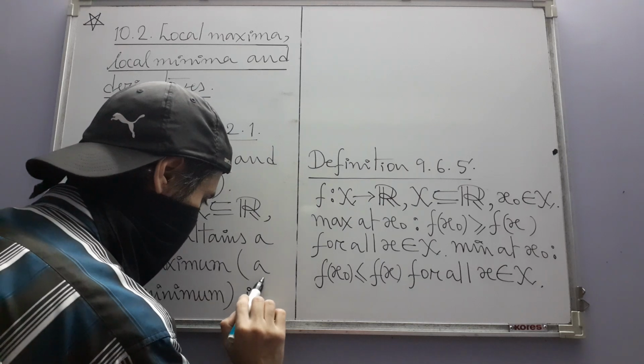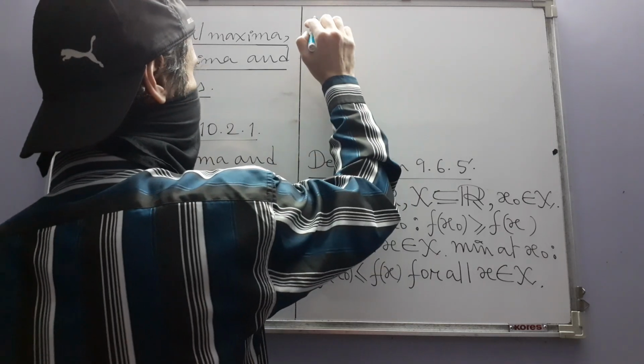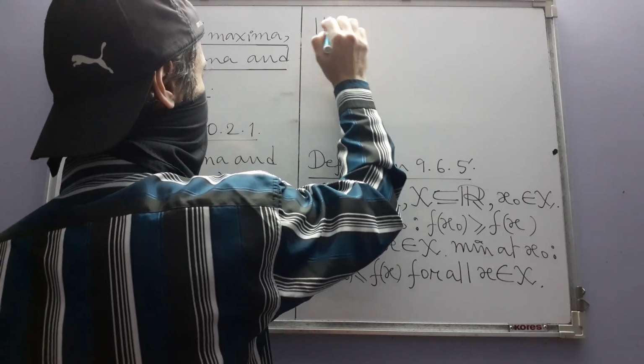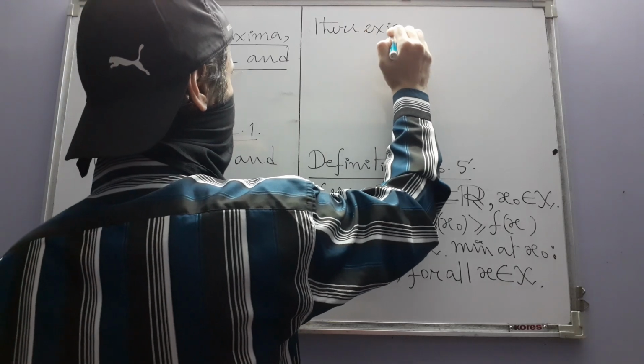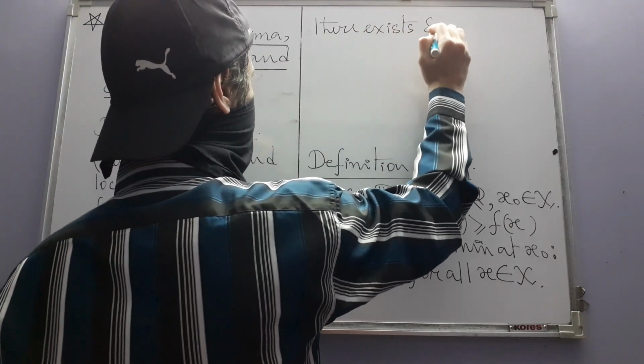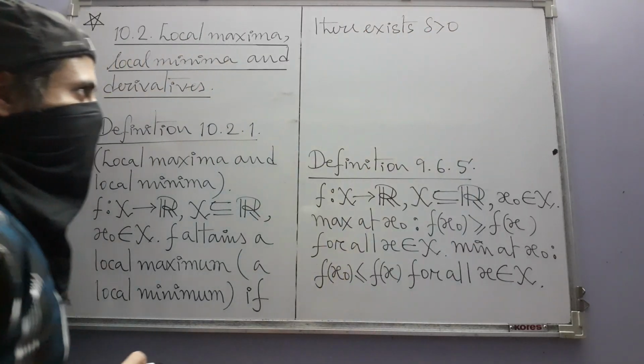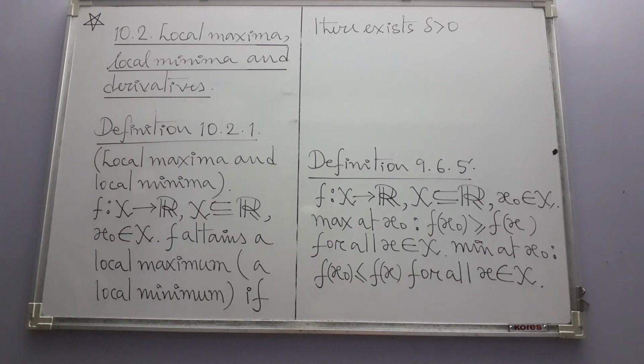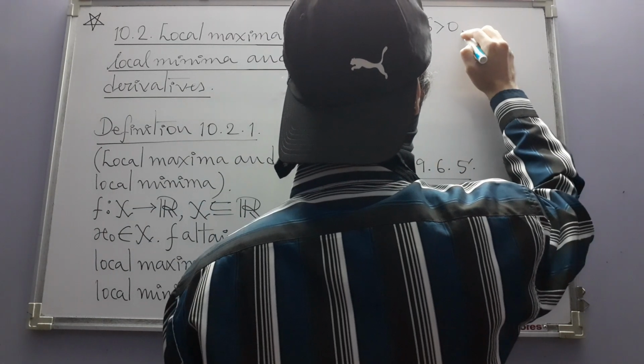If there exists a positive real number delta such that